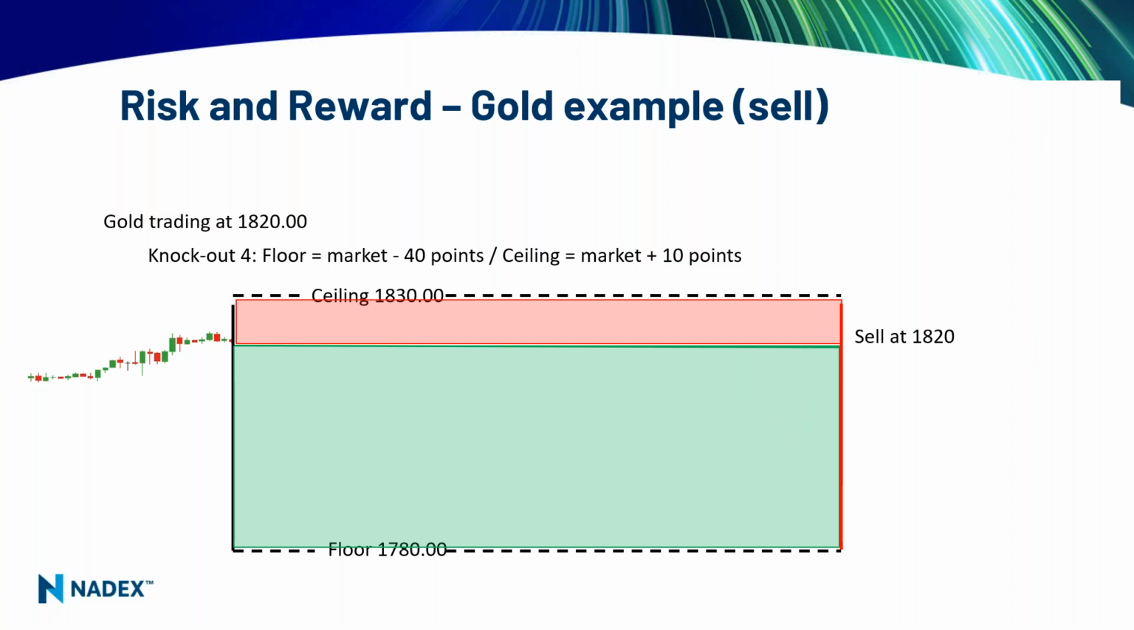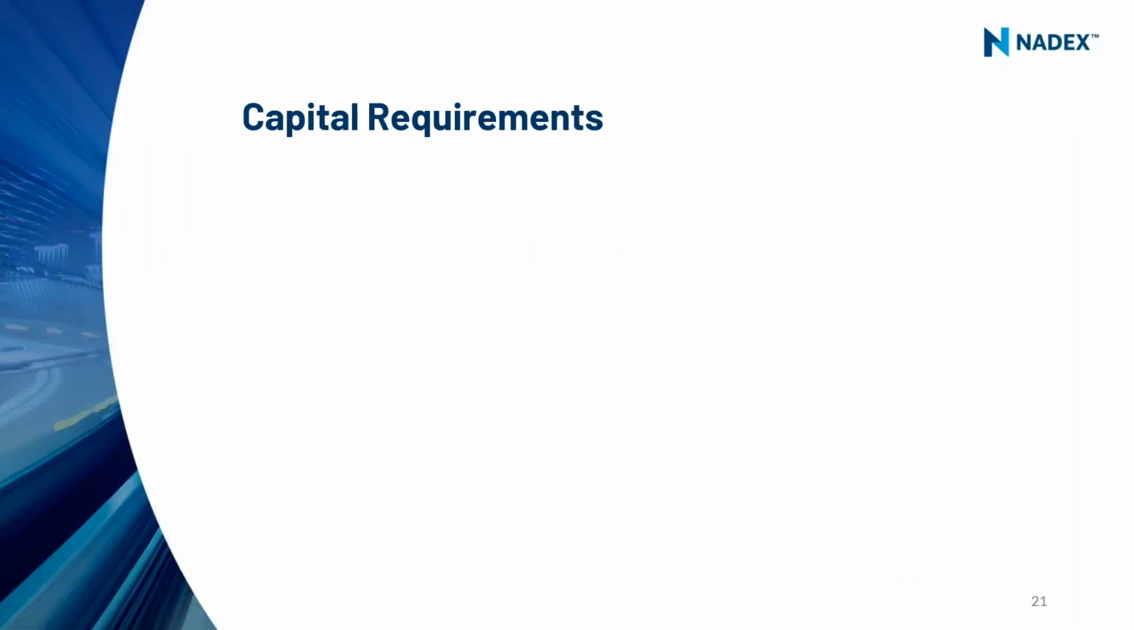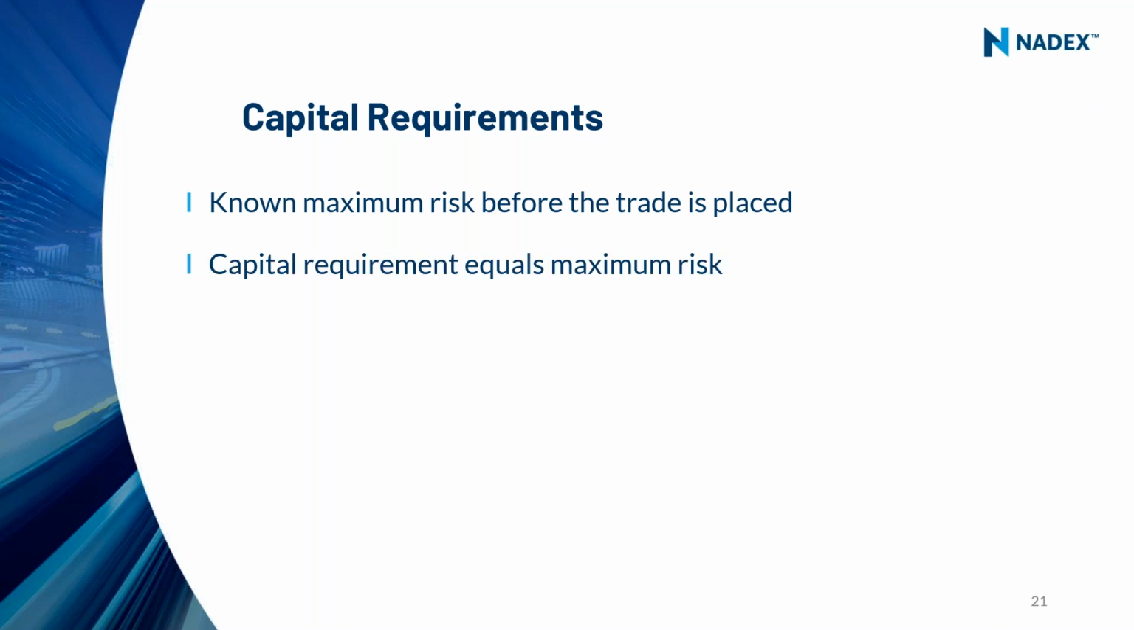Yes, you would. Generally speaking, if you're going long, you're looking at probably knockout 1 or 2, and if you're going short, knockout number 3 or number 4. Now, there's another reason why we offer 4 knockouts, and I sort of mentioned it earlier: your capital requirements. Since you know what your maximum risk is before you put on a trade, that is what you have to